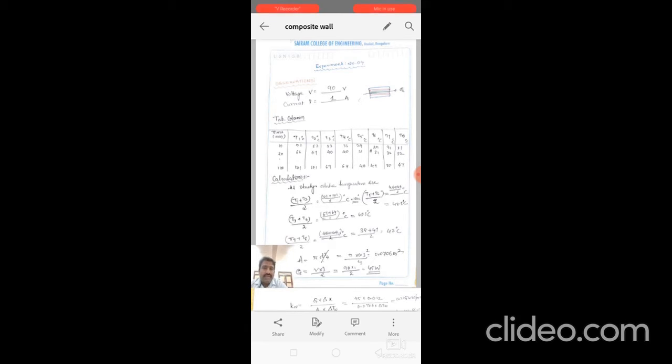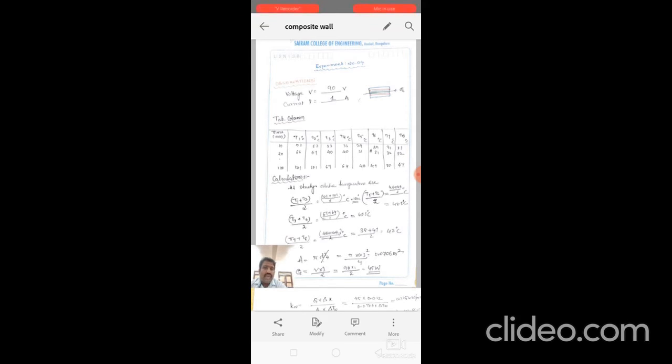At the first reading, for every 10 minutes you have to take the readings T1, T2, T3, T4, T5, T6, T7 and T8. For the first 10 minutes you will get the readings 52, 52, 33, 33, 29, 29, 31, 31. Then you take the second set of readings, at 20 minutes: 66, 67, 40, 40, 31, 31, 32, 32. Like this we have to go on taking the readings. I have taken one reading at 100 minutes, which is 101, 101, 67, 64, 46, 49, 38, 47.